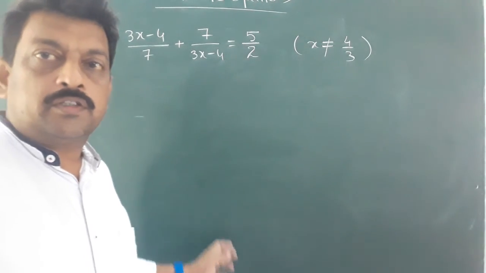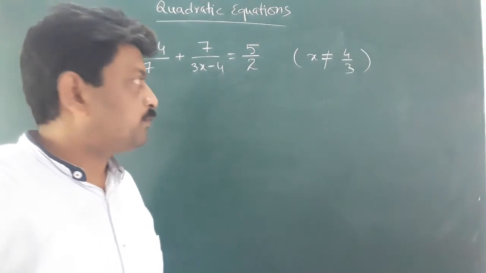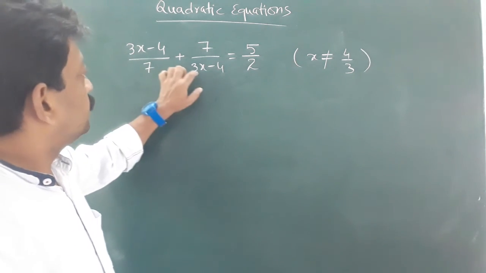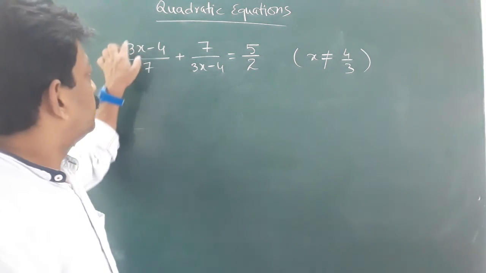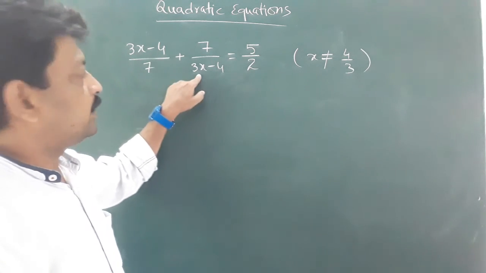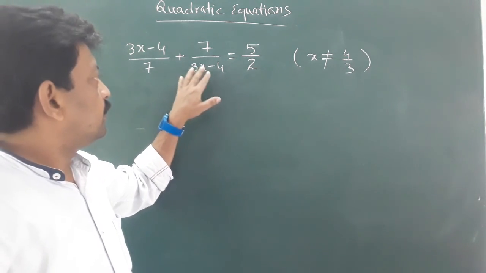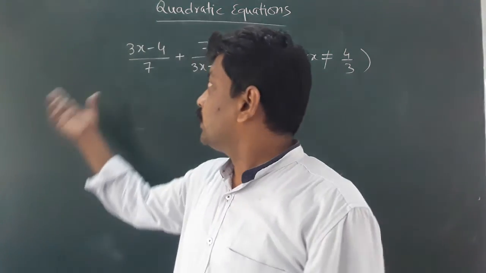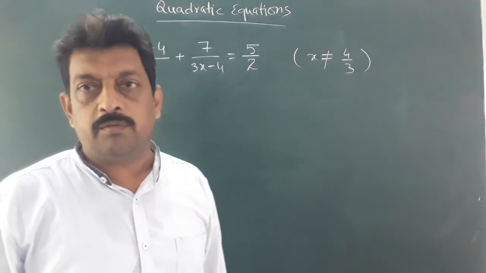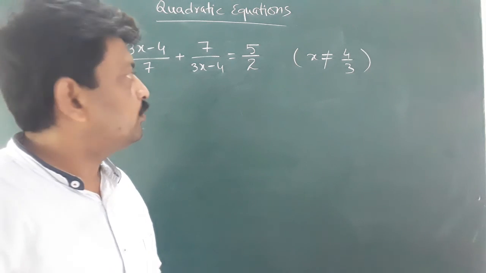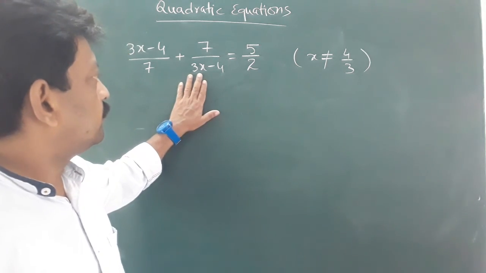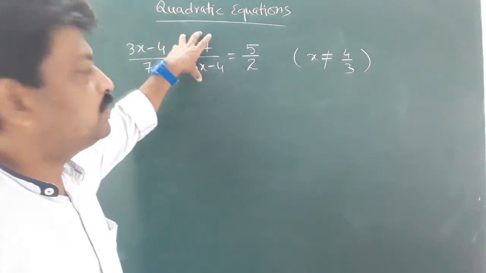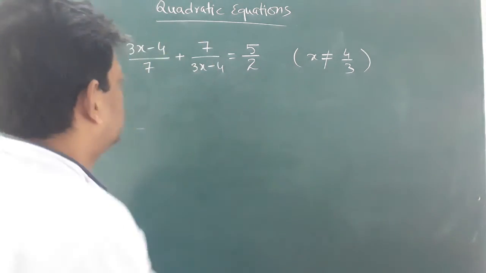Student, this is the next question. For the question we have to find the roots. As you can see, this is the reciprocal of the first term. In this type of sum, generally we take the first term as any other variable, y, z, t, m, n, anything. So if I want to take this as y, then this will become 1 upon y.